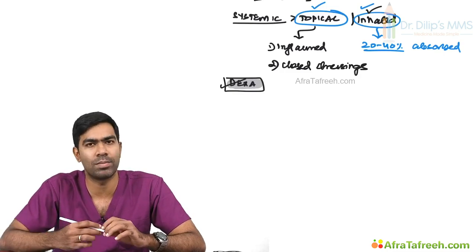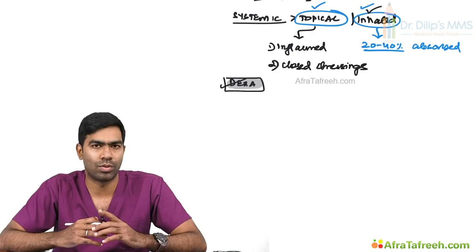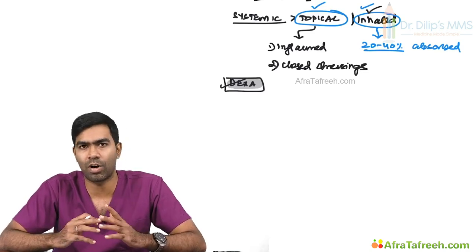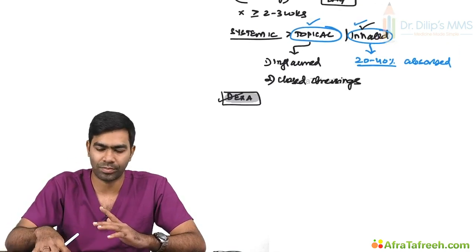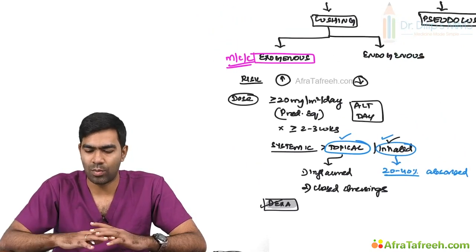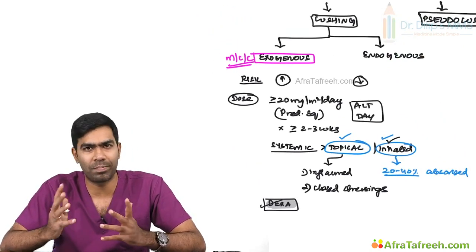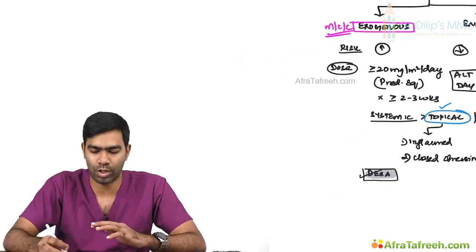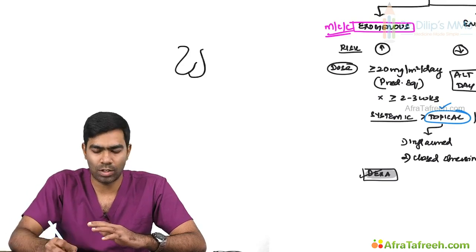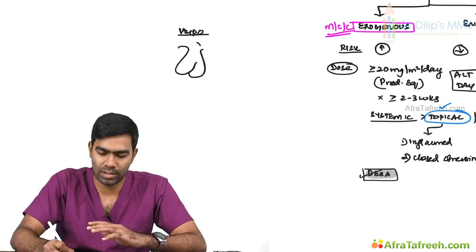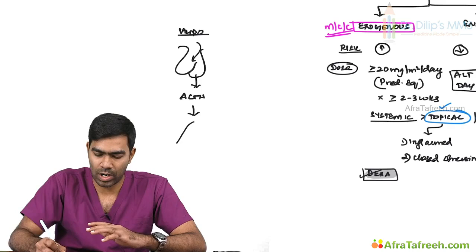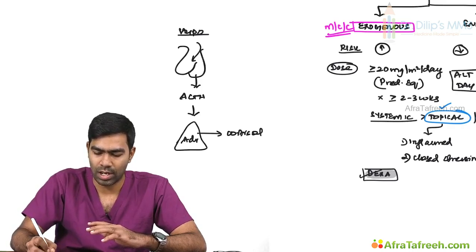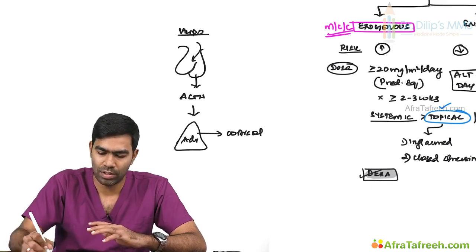Dexamethasone does not bind to CBG that much, it has a much higher half-life, and it's a very powerful glucocorticoid. That is the reason dexamethasone is associated with a high risk of developing Cushing syndrome. And what is the mechanism, and what picture will you see in exogenous steroid use? Obviously you have a hypothalamic-pituitary axis where you generate ACTH, and an adrenal gland here. The adrenal gland produces cortisol, and this cortisol gives feedback to